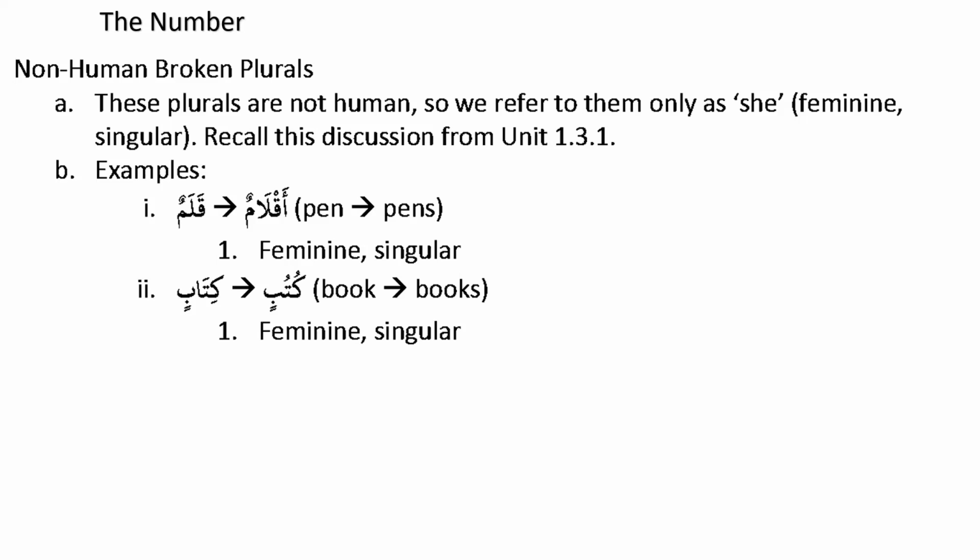Then I say, brother, I have 5 pens in my hand. What is the word for 5 pens? You say aklamun. Why did you say aklamun? Why not kalamun or kalamina? You say, brother, it is a broken plural. So aklamun is the broken plural of kalam. Then I ask, tell me, the word aklamun, what is the gender of it? Is it masculine or feminine? You say, brother, it is feminine. Always feminine, because this is a non-human broken plural.